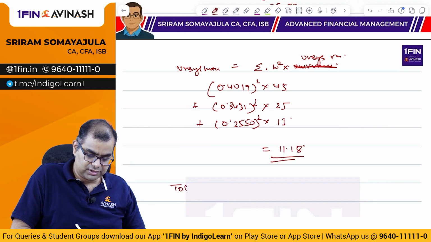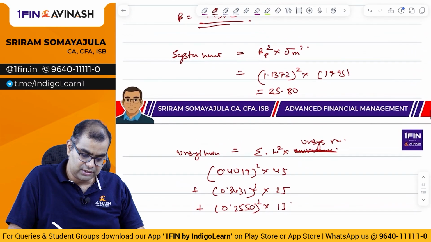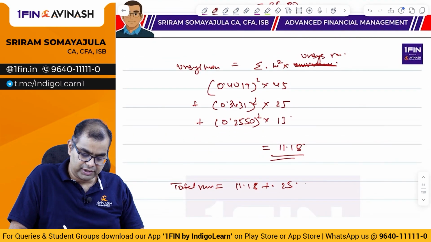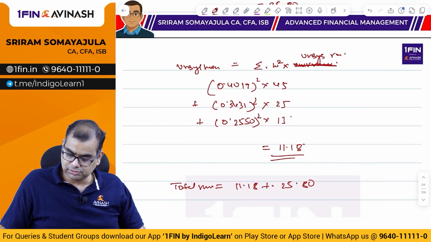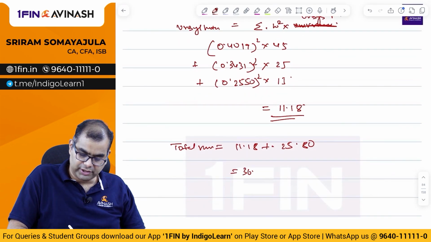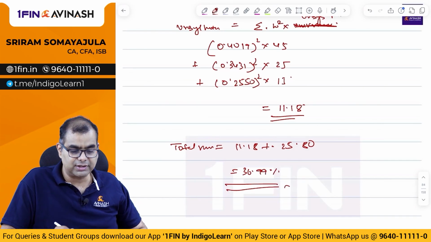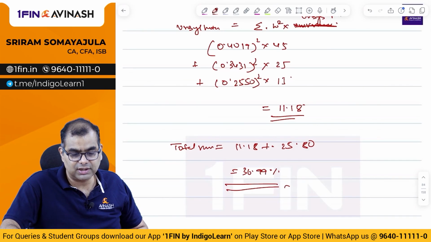So, total variance is equal to 11.18 plus 25.80, which is 36.99%. What else was there, unsystematic, total, then